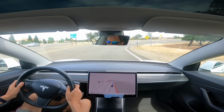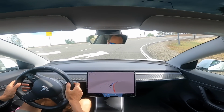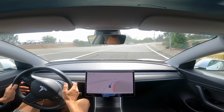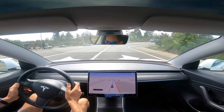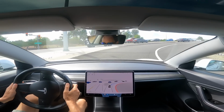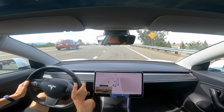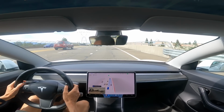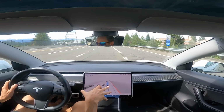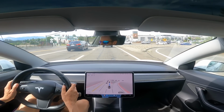It's slowing down here, probably slower than I'd like, but we're going to be making a right turn here, and I'm taking it kind of slow, or FSD Beta is taking it kind of slow. Probably slower than the traffic behind me would like to be, but it's going to want to stop here now. I don't want to stop because you shouldn't have to stop, because we are actually going into our own lane. There's no traffic that we need to be concerned about now except to get into this left lane, which we are doing. So that turn onto this road here, you don't need to legally stop, but FSD Beta wants to